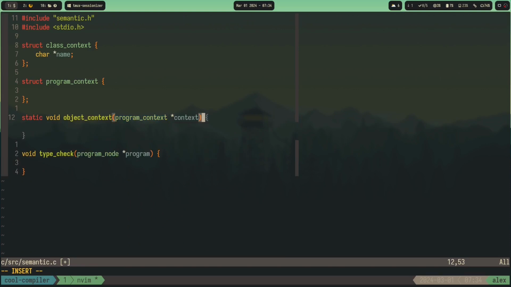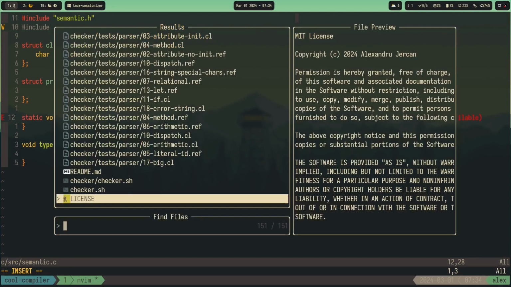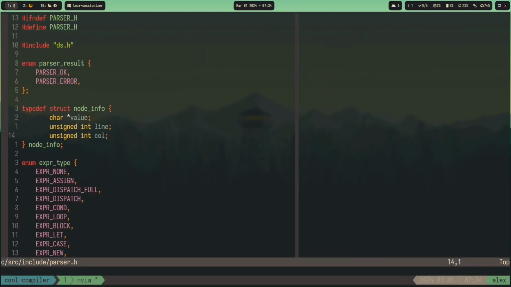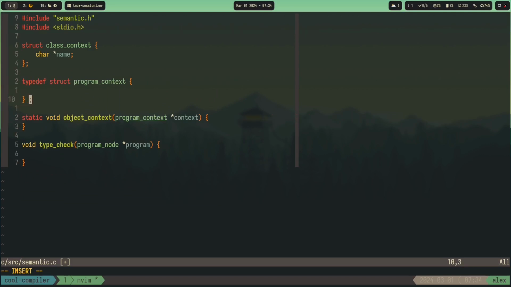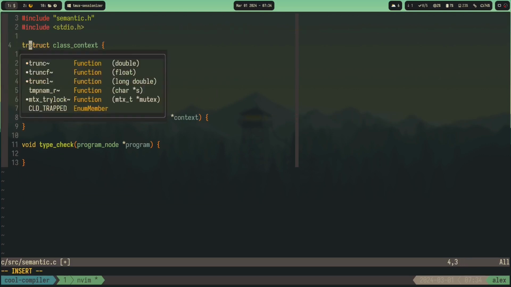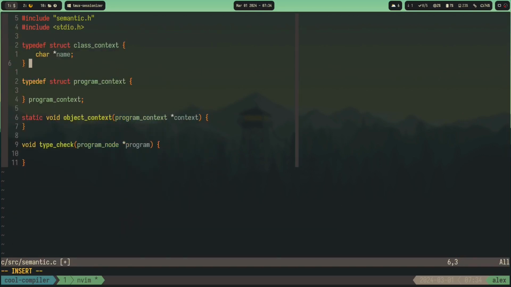We give it the context of the program, and we could just typedef them to make things easier. Typedef, and was it program context? Typedef class context. So